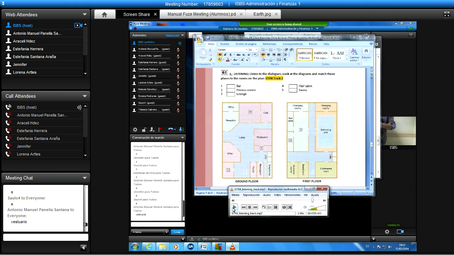Okay, so the sunbeds, you know the name of sunbeds? If you go to the beach or to the swimming pool. And then you have the business center, the conference, so this is all business facilities, business services and facilities. So conference room, the business center, and then the boardroom. The boardroom, so look at the boardroom.